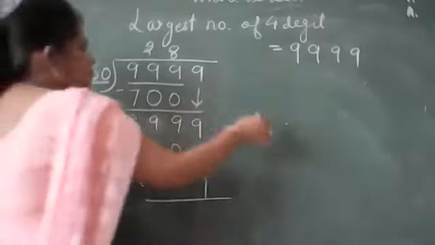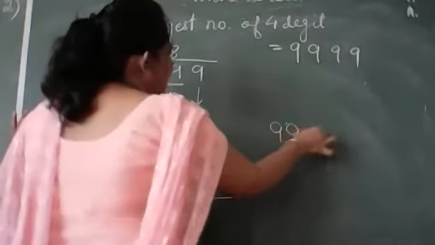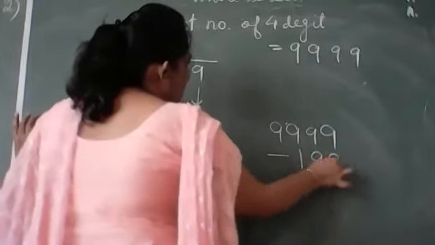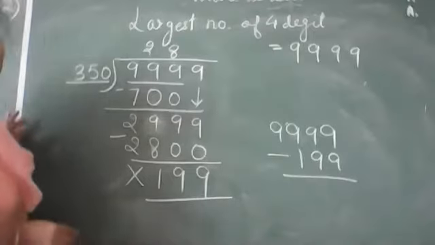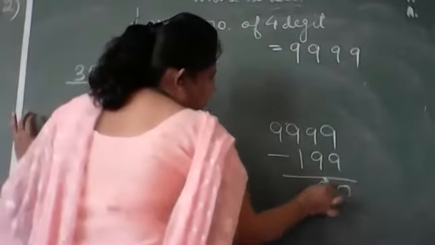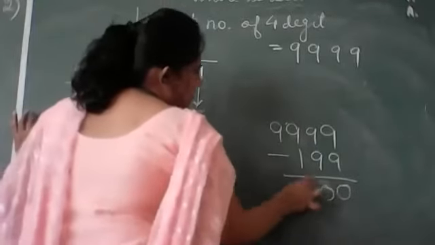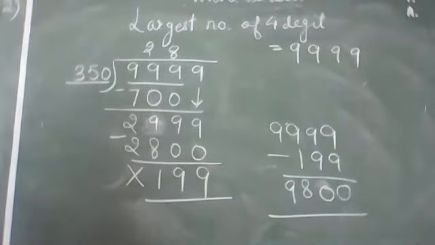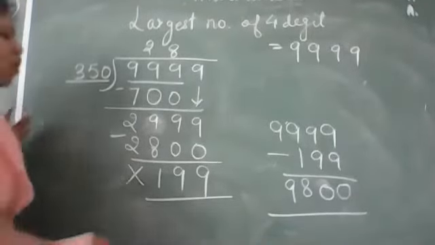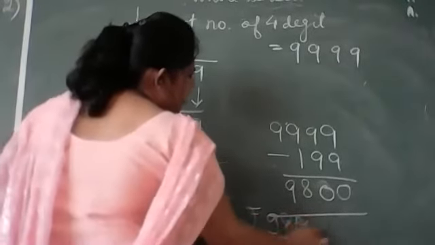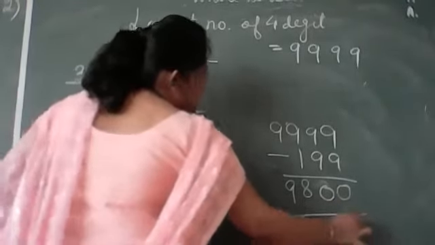So how will you do that? 9999 minus 199, because 199 was extra. So I am removing that. 0, here again 0, here 8, and this is 9. 9800 will be the answer, or you can call it rupees 9800 will be donated